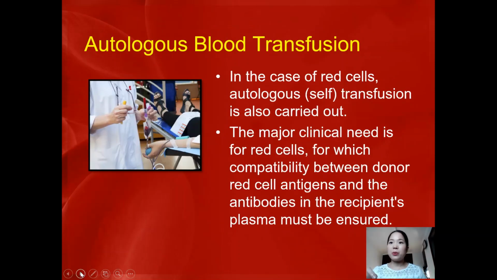Aside from the leukoreduced or leukodepleted packed red blood cell, there's also the concept of autologous blood transfusion. In this type of blood transfusion, you donate blood for yourself, because number one, your blood is either very rare or has a lot of antibodies. Aside from this, for our brothers with different religious beliefs, they would opt for autologous blood transfusion, especially when they would be needing this for an elective type of procedure.